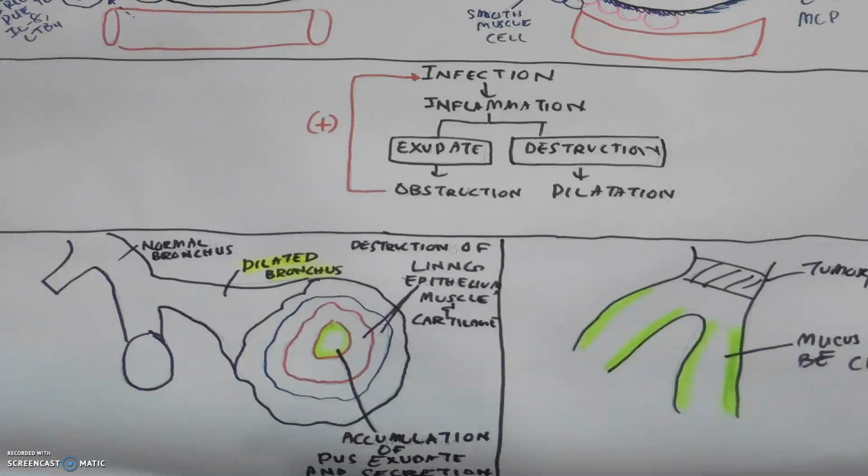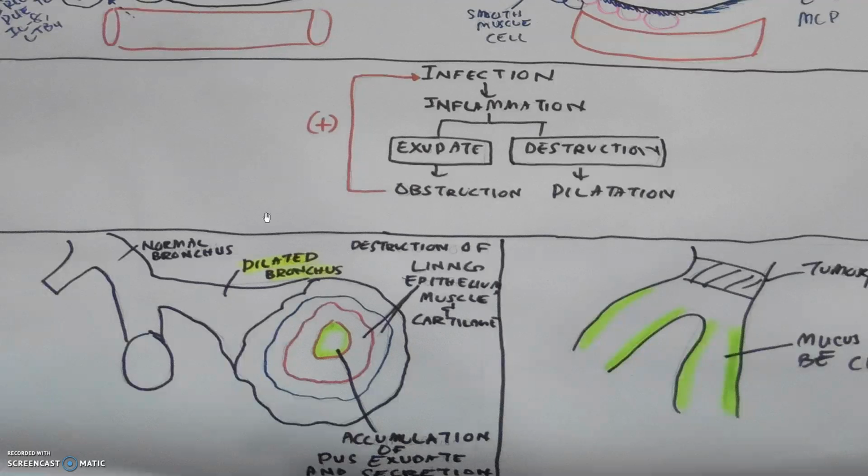Okay, so with continuous infection there would be destruction of the lining epithelium, muscle, as well as the cartilage, with dilatation of the airway. So in the beginning, destruction is just on the inner side, okay? It's just on the inner side, and that inner epithelial lining will eventually regenerate, and it will be okay. But when this infection becomes repeated, that is chronic, then the wall starts to get